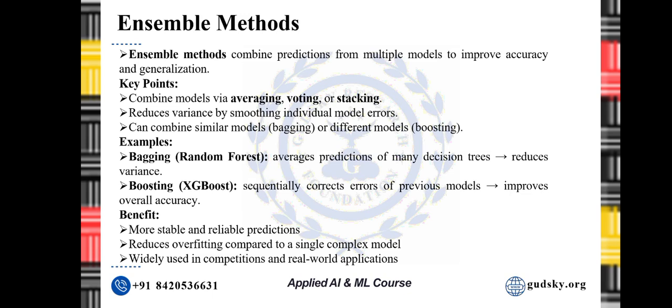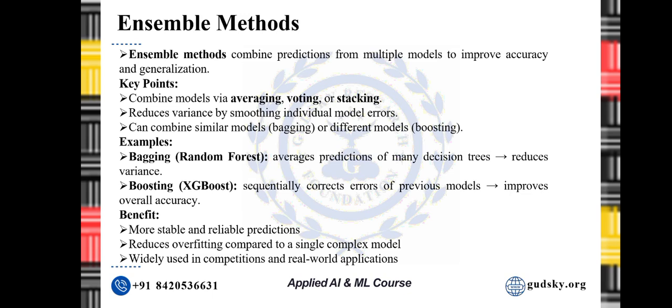And finally, for the selection, let's talk about ensemble methods. One of the smartest ways to reduce both variance and bias. An ensemble method combines multiple models to make predictions, kind of like taking the average opinion of many experts instead of trusting just one. So there are two major types: bagging like random forest and boosting like XGBoost.